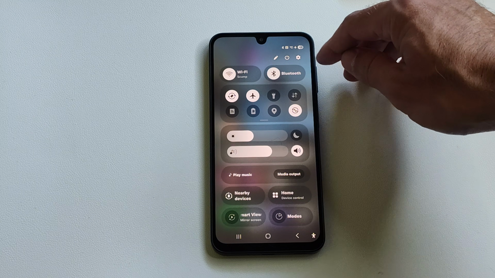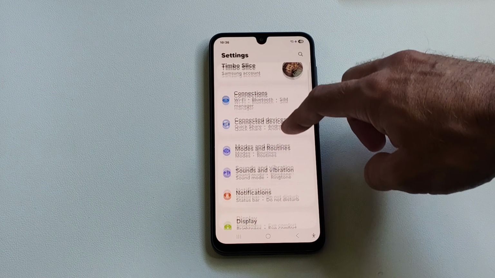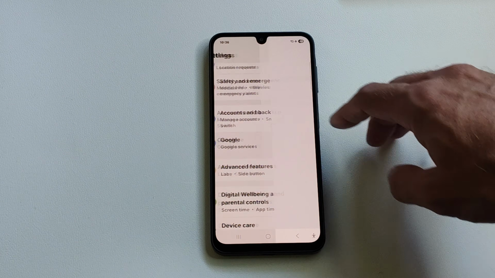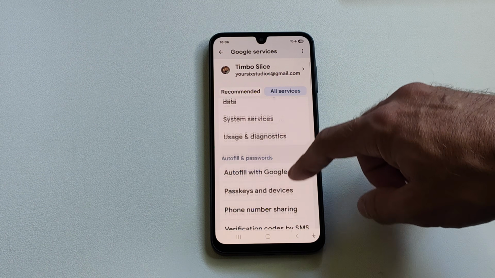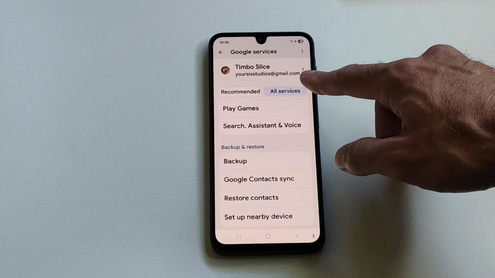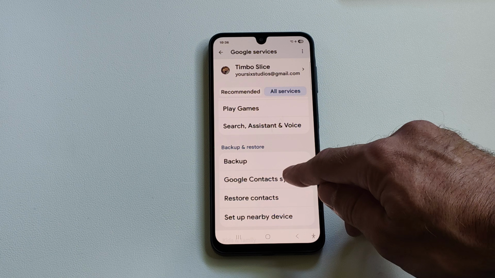So we can just go to the top right and go to settings and scroll on down. Look for Google services. So we can see Google services right here on my phone. We can tap it, go to all services, going down and look for Google contacts. So just take a look at the top email address and just verify that's the email address you want to